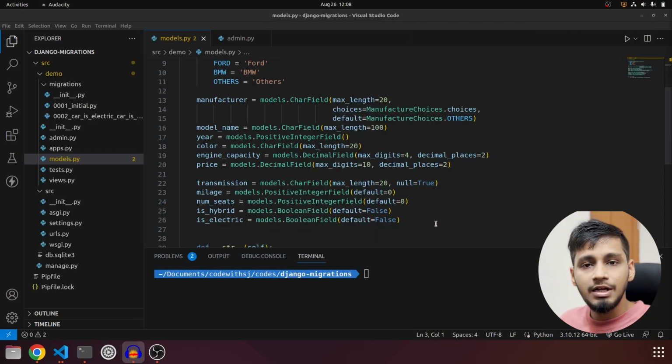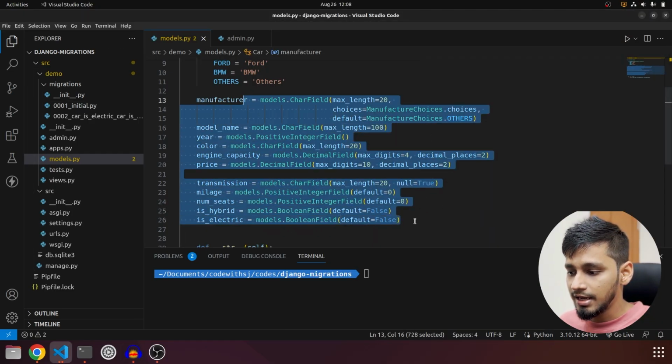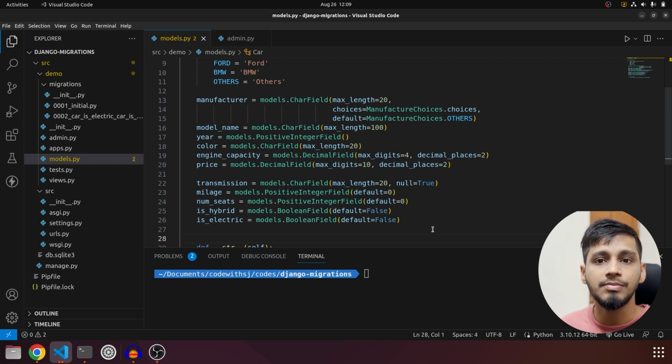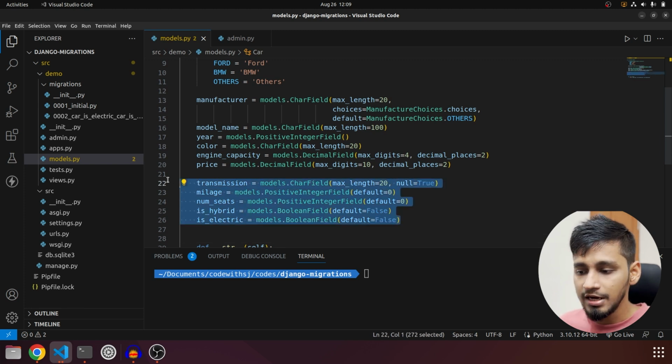In the previous video we had already created 2 migrations, and these are all of them, like all the model fields and migrations. So first of all, we'll start by doing reverse migration. What is reverse migration? Say you have a certain number of migrations which are applied on the database. Now you want a particular migration to be reverted. Say in the second migration, we had added all these fields, right? We want these fields to be removed from the database. We don't really want them. It might be for testing purposes or anything, but we don't want them.